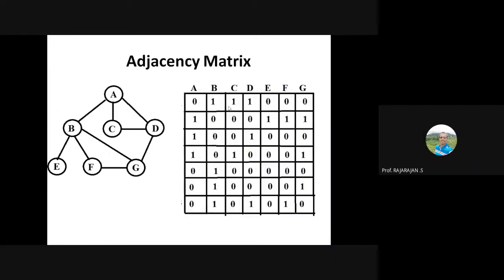And this is the array representation. If you are implementing the graph program using an array, then you will go for this adjacency matrix. But if you implement it using a linked list, then you will go for the linked list. I will show that example later. So there are two different ways of representing a graph: one using a singly linked list, another using an adjacency matrix.